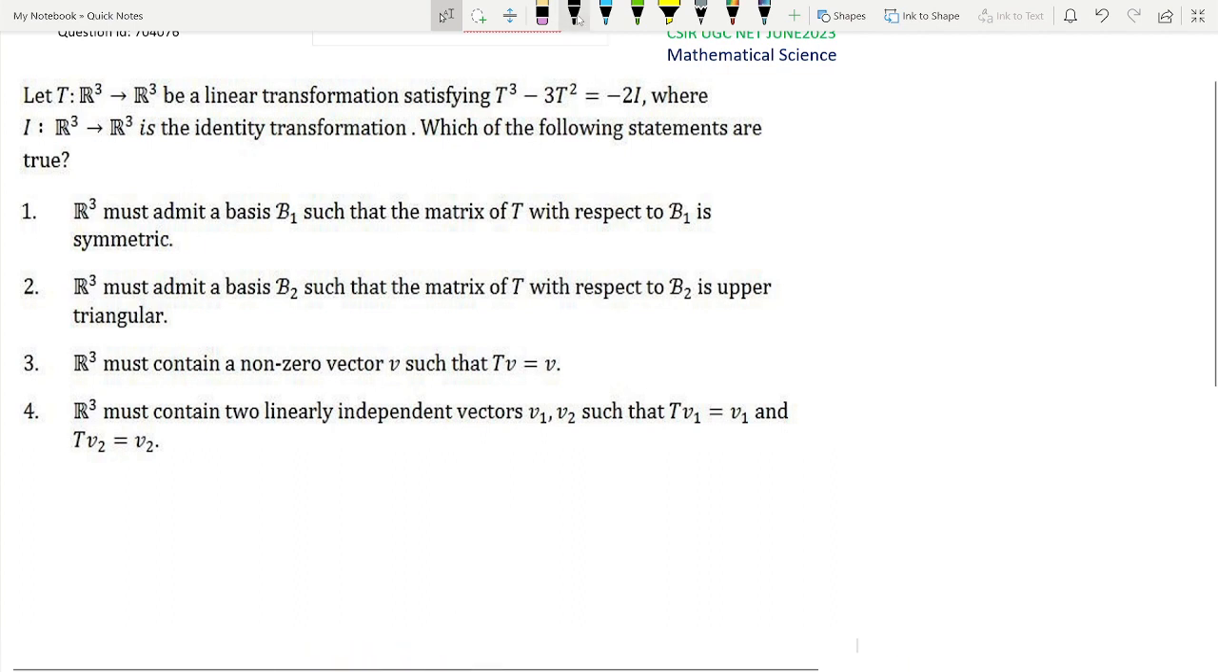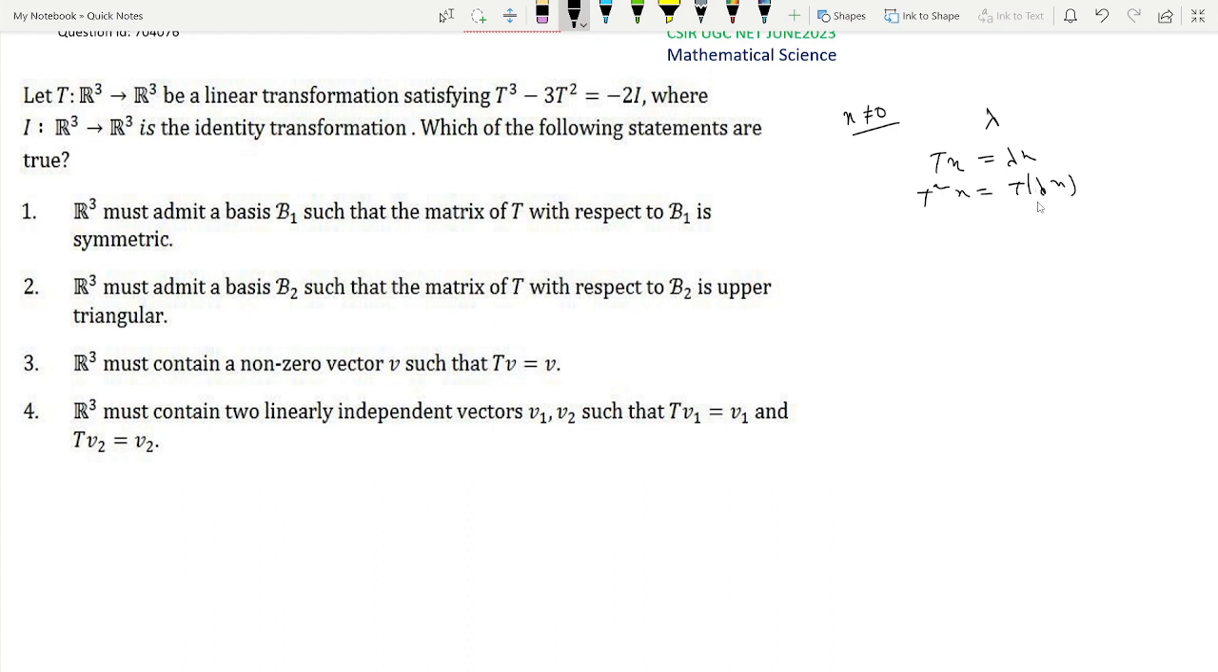That means what? See, suppose lambda is an eigenvalue of this operator, then there exists some non-null vector x such that Tx equals lambda x. That means T square x equals T lambda x equals lambda Tx equals, if we put lambda x in the place of Tx, we get lambda square x. And similarly we get T cube x equals lambda cube x, and if we put the value here